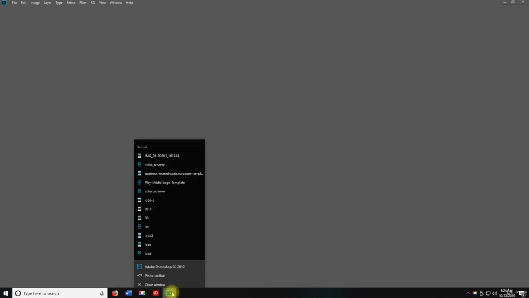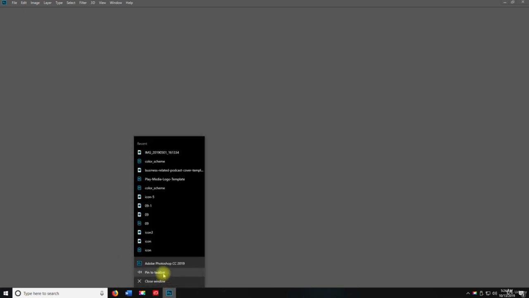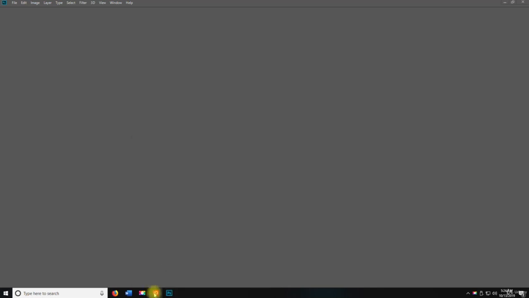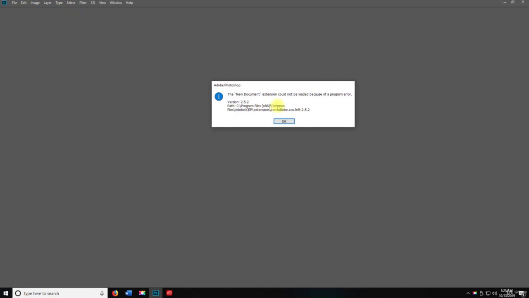But I do want to pin Photoshop. So let's right click and pin Photoshop to the taskbar. And I'm going to move Creative Cloud to the right and keep Photoshop as the main tab here. So what you're going to see if I do File New,